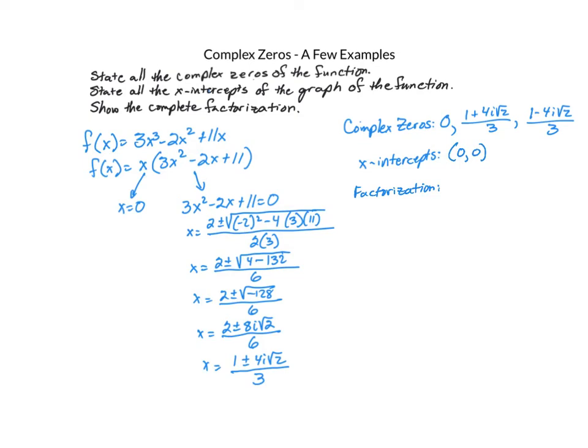I'm going to write down here so I have enough room. So I have f of x equals x, we have our x right from here, times x minus 1 plus 4i square root of 2 over 3, times x minus 1 minus 4i square root of 2 over 3. And it is very tempting to leave it that way, but I mentioned on the previous problem, you must consider